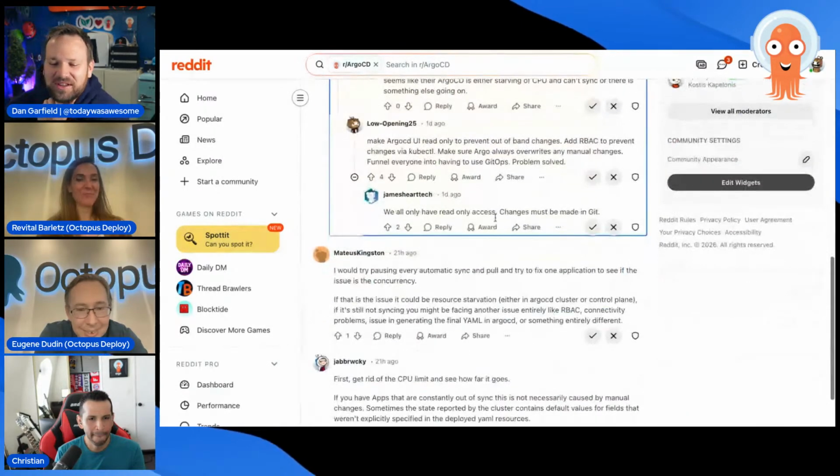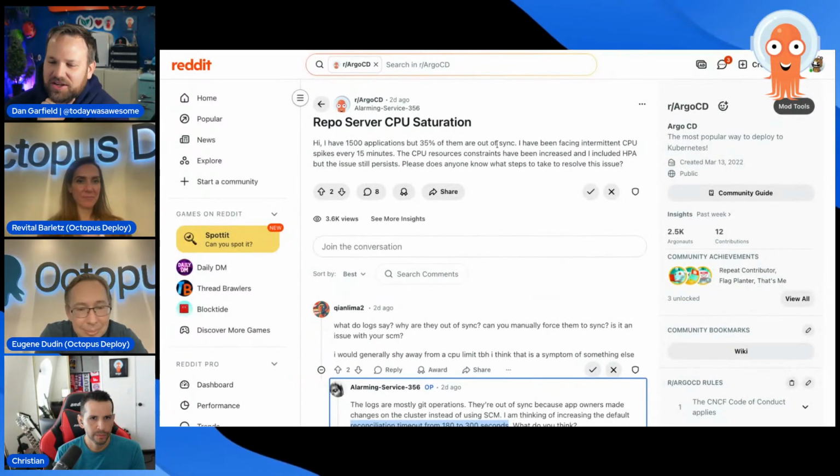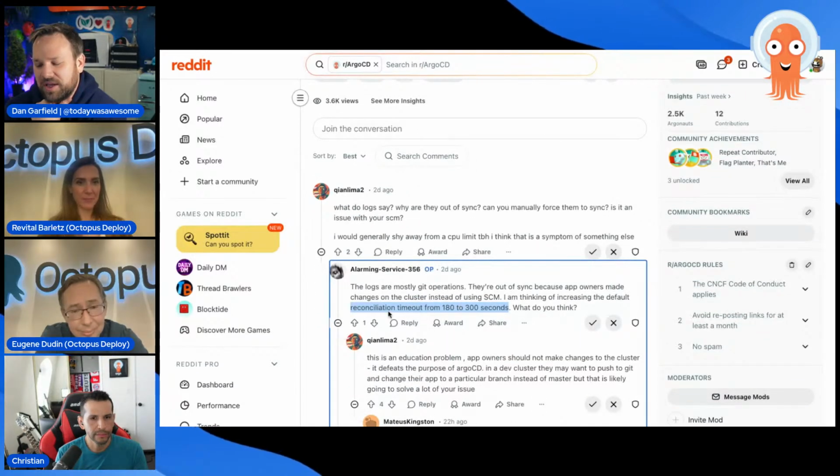All right, so I think with this one, we've at least given them some direction. Grafana certainly would be helpful if they would post their Grafana. We would see a lot more maybe quickly, but trying the sync window to make sure it's not an operator running around, seeing if that's what's causing out of sync would be a good one. Reconciliation timeout certainly can go higher, using manifest generate paths if it's a monorepo,